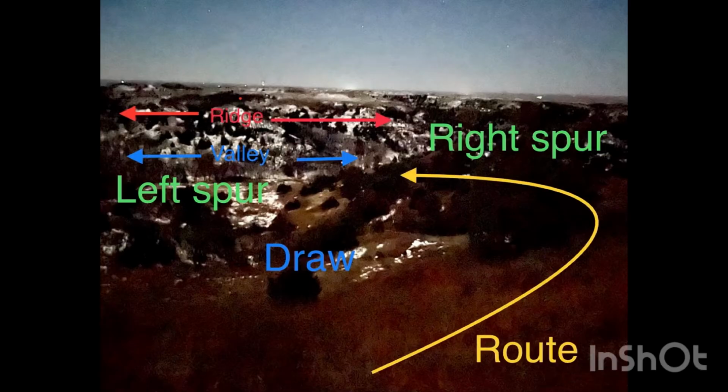So what I'm going to start doing is, there's a draw right in front of me with 2 spurs that come out. I'm going to follow the spur on the right. It's got a lot of juniper trees on it. And I'm going to start slowly picking my way down. I want to get down towards the front edge of that spur because it sticks out towards the center of the valley. I think it'll give me the best opportunity. And it also will be well within range with this 6.5 Grendel in case anything